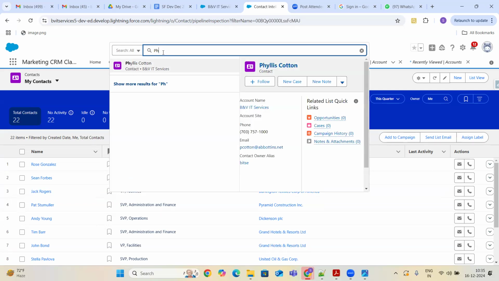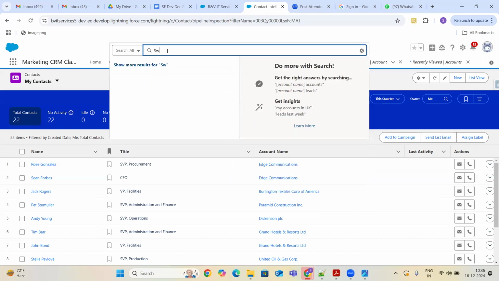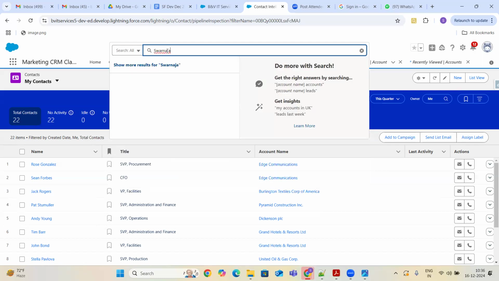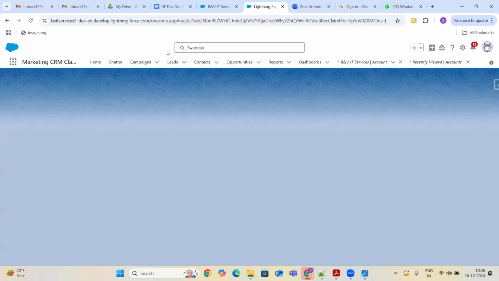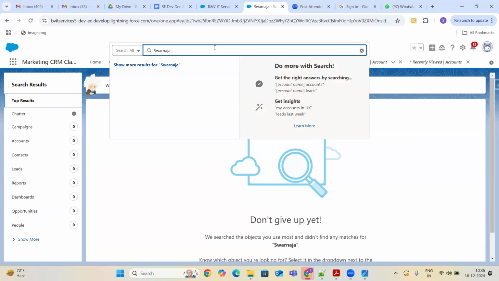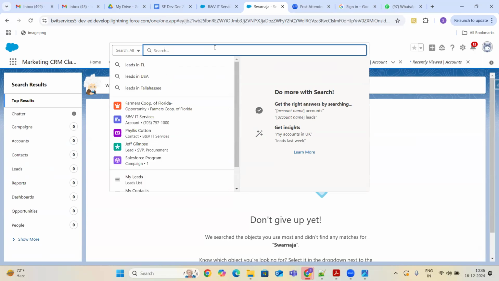Basically, for example, if you would like to check whether any user is present in your org with this name, then you can search. It will just display the results here. We will utilize this to check whether any records are available with the given keyword.